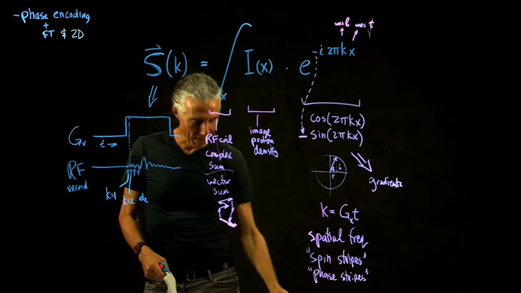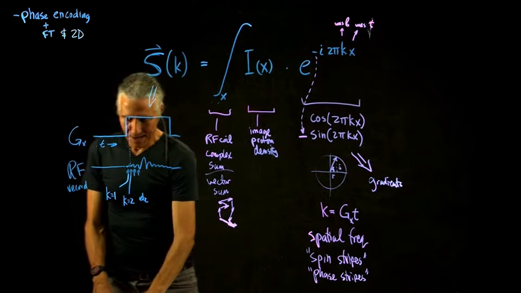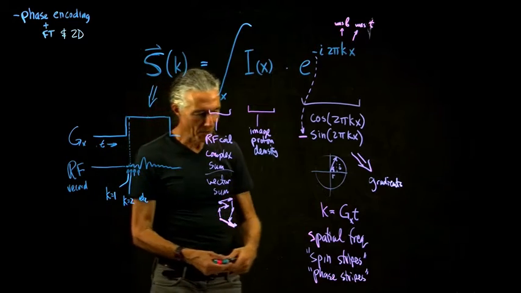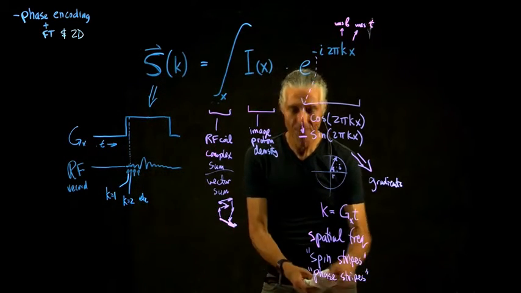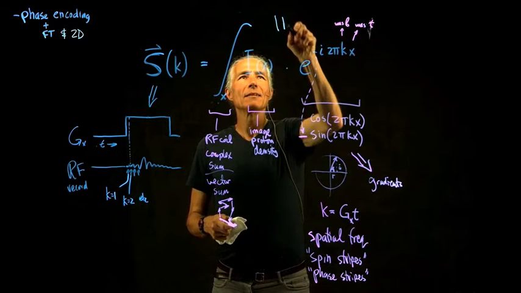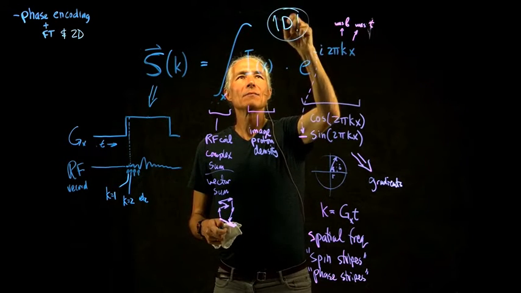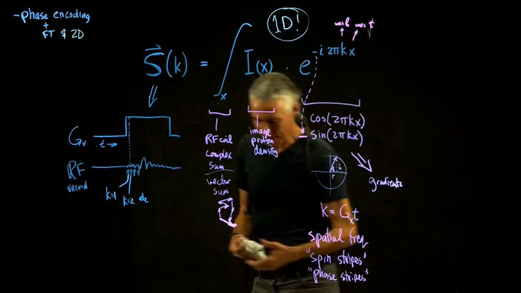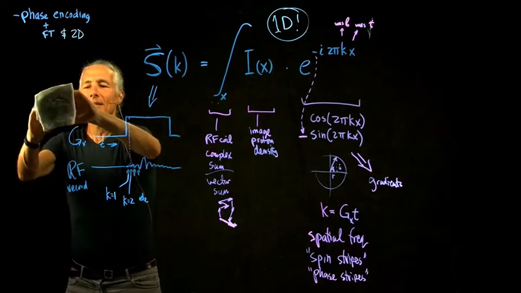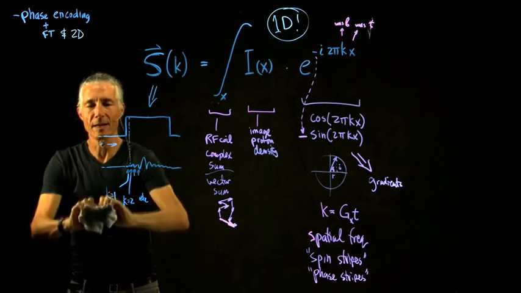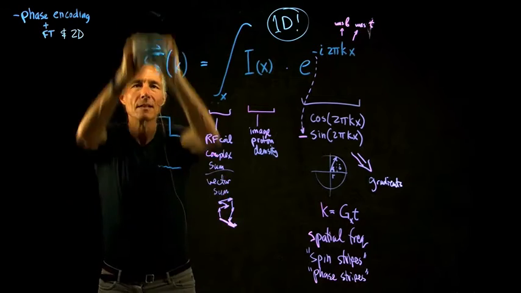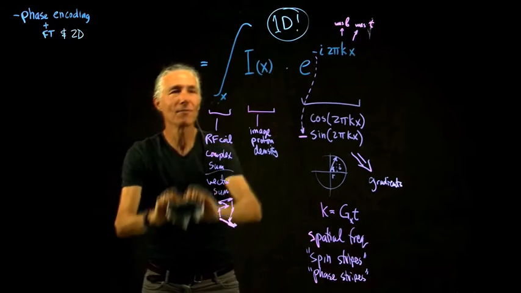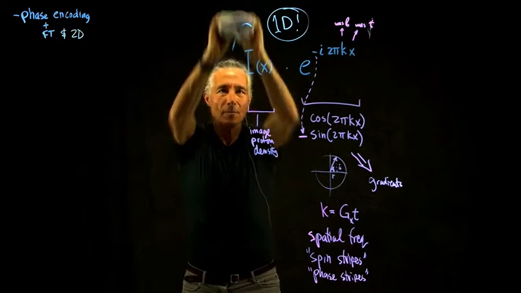So now what? So now the plan is, let's talk about phase encoding. So this was just a one-dimensional Fourier transform. So obviously we need to be able to do this in 2D or 3D. And so now the problem is we have to go up to the 2D or the 3D Fourier transform. But before we do that, let's just,